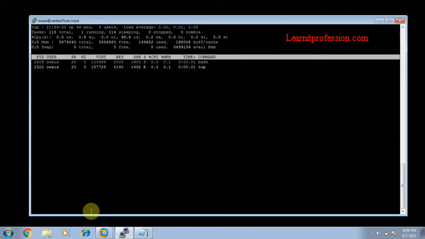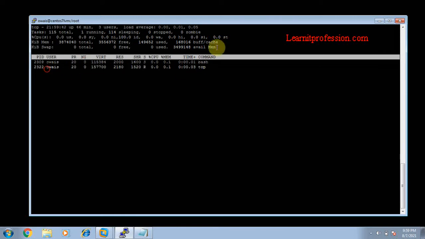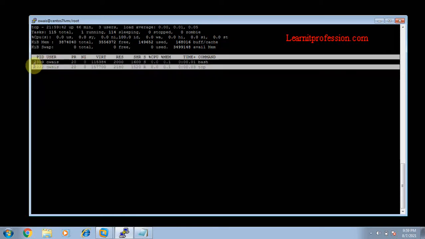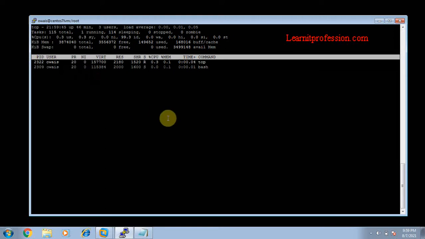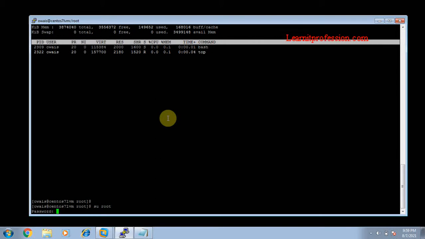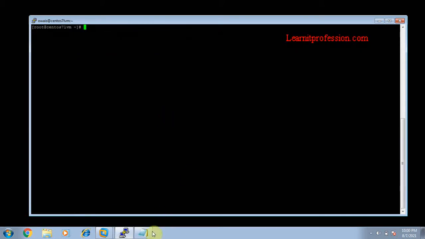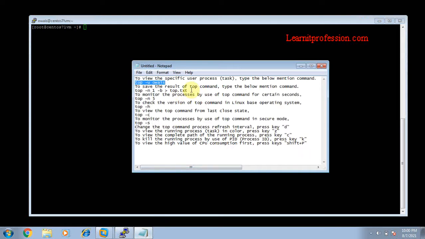Okay, to use the top command, just hit the command top in the Linux bash. Here you see, just quit, press Q, then switch to root user and enter the password. Okay, clear. Okay, next one is if you want to save the current running process of top, just type